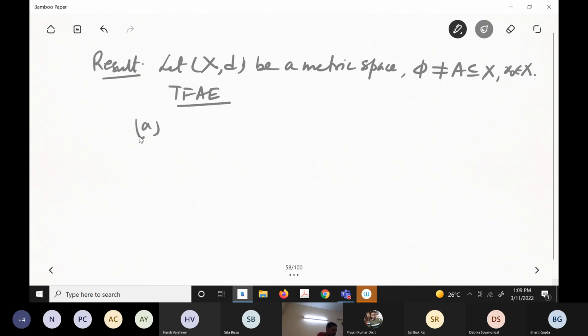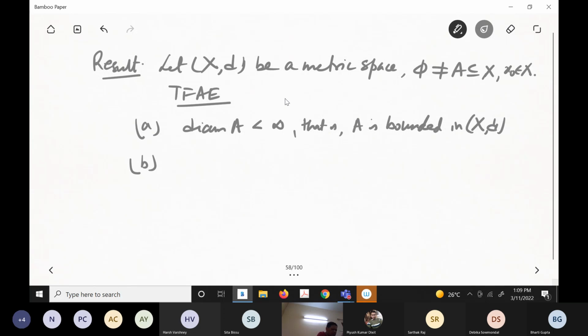A: the diameter of A is finite. It means that A is bounded in the metric space (X, d). And B: